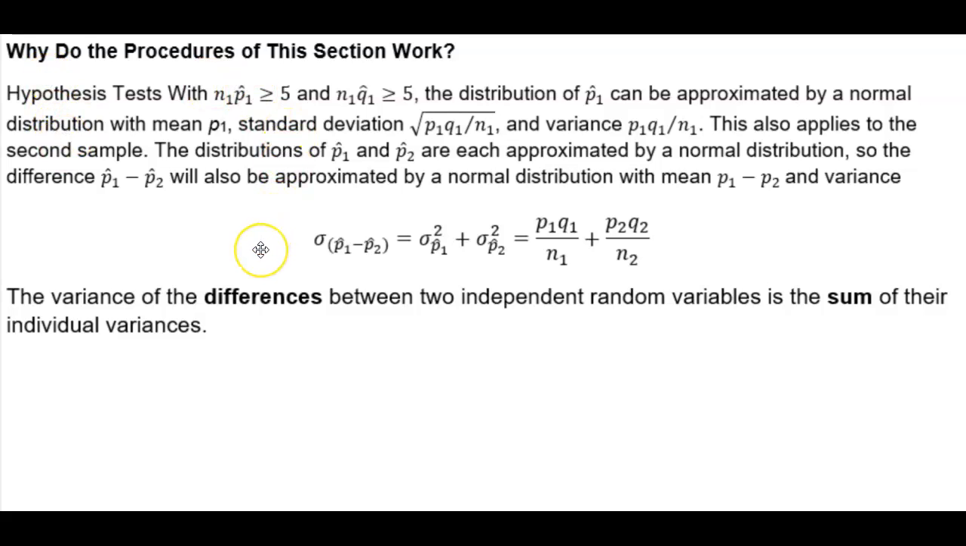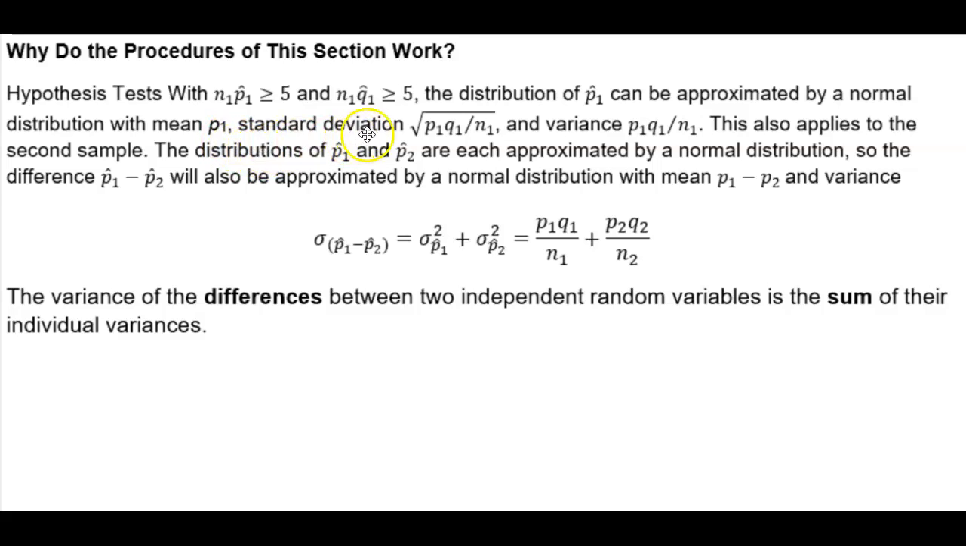Why do the procedures of this section work? Well, hypothesis tests with n1 times the point estimate of population 1 greater than or equal to 5, and n1 times the complement of the point estimate 1 greater than or equal to 5. The distribution of the point estimate 1 can be approximated by a normal distribution with a mean of population proportion